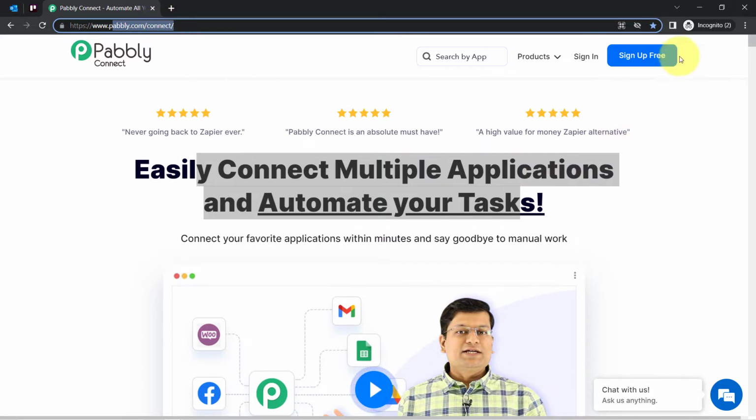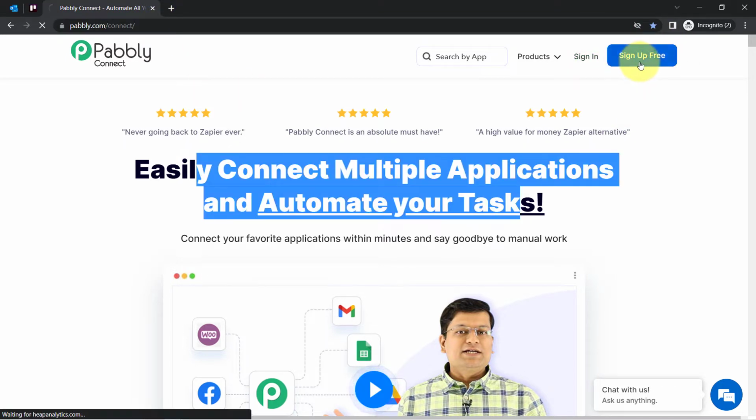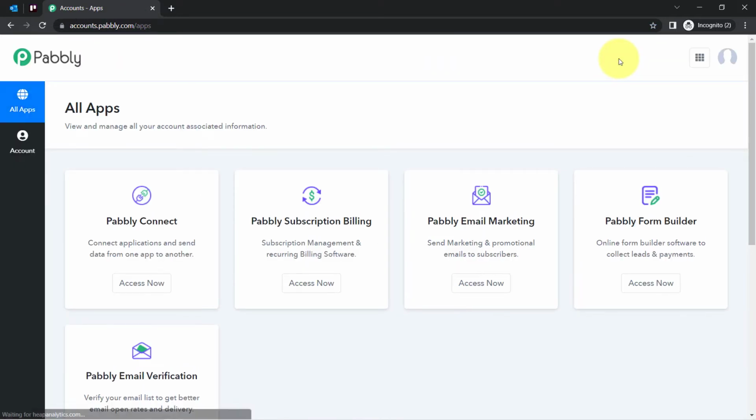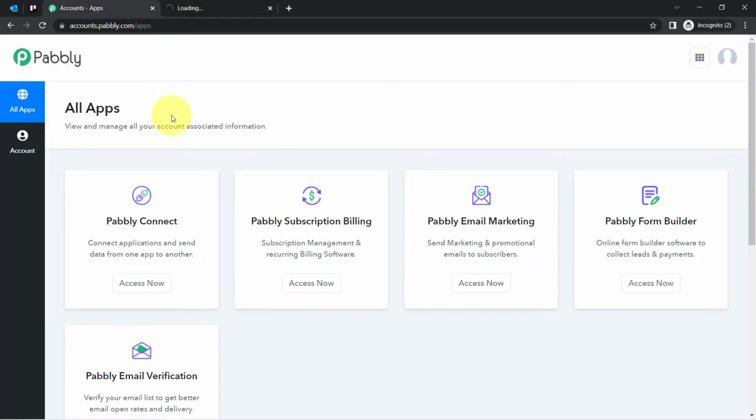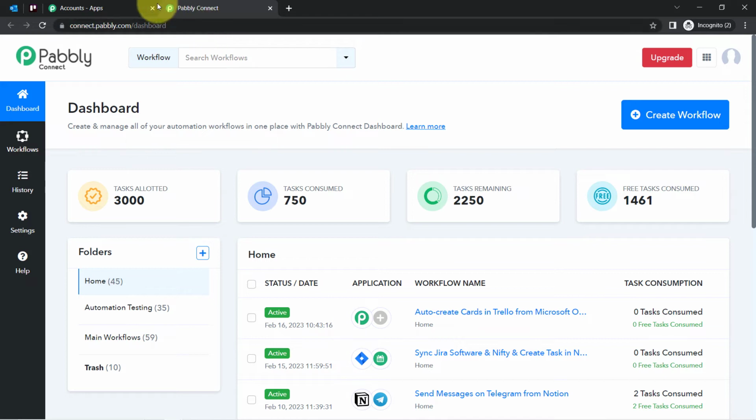Now, if you are a new user of Pabbly Connect, you will have to sign up for free, where you will also get free tasks every month in your account in order to test these kinds of amazing automations. Well, I'm already an existing user of Pabbly Connect, so firstly I have clicked on sign in, then I have clicked on Pabbly Connect access now,